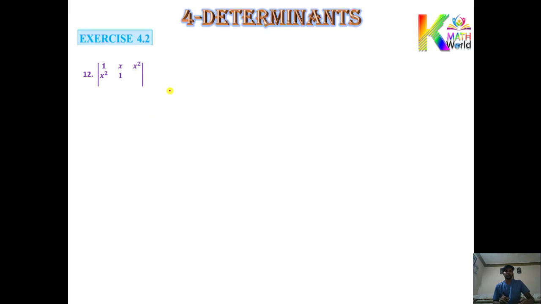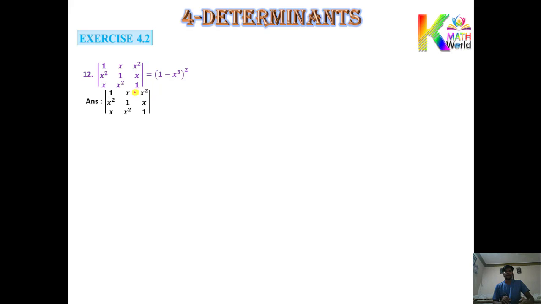See the next question. Simple question. Okay, this thing you need to prove. You can see what is required to prove: 1 minus x cube. X cube is required. But if you see, nowhere in the answer is x cube there. So first thing you need to set x cube. So where is it easy to set x cube?